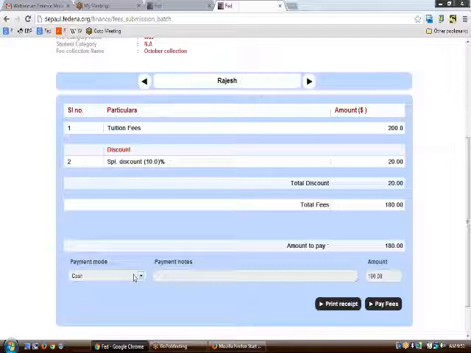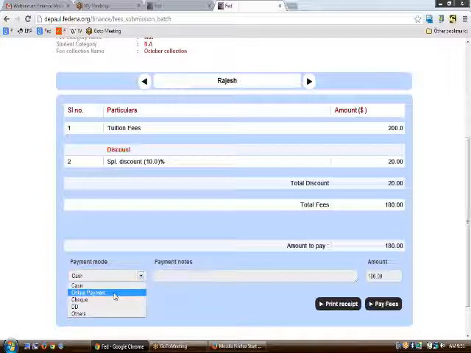So again, if you want to pay the fees for a particular student, you can just select the batch and course and the fee collection date, and there you need to select the payment mode. On selecting the payment mode, if you have the online payment plugin, the page will redirect you to an online payment gateway.